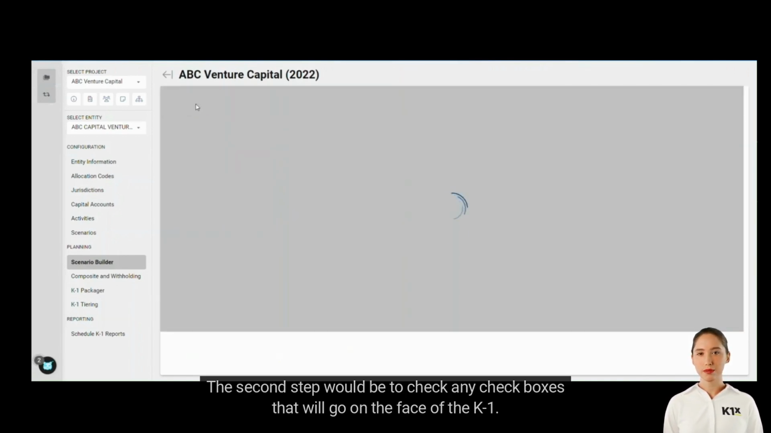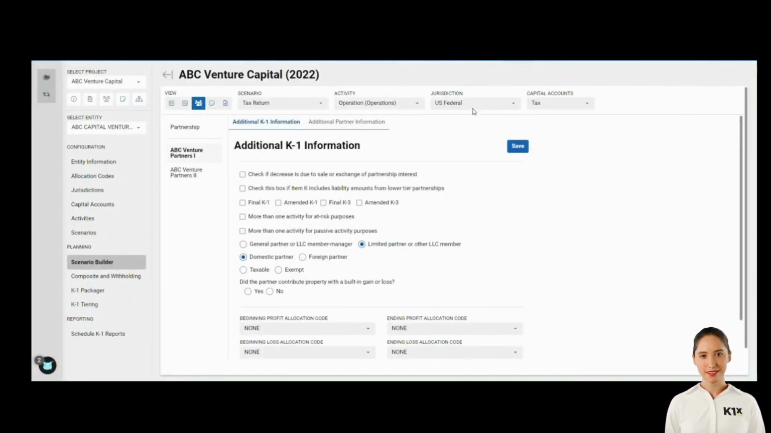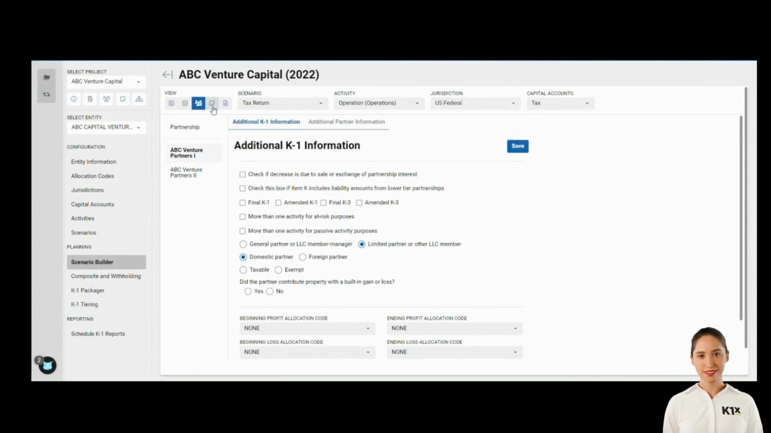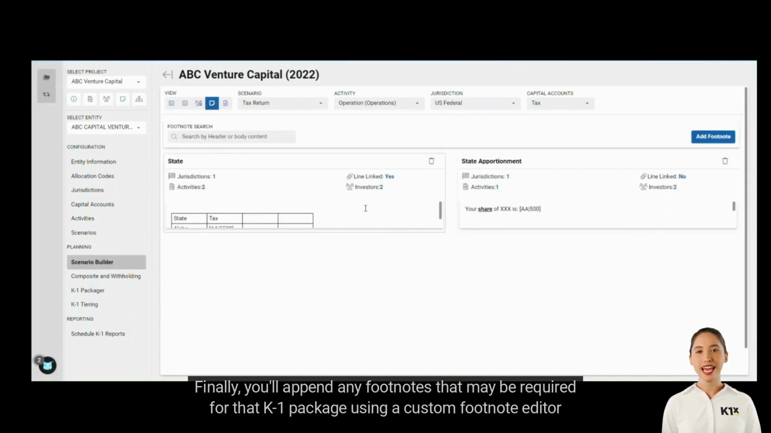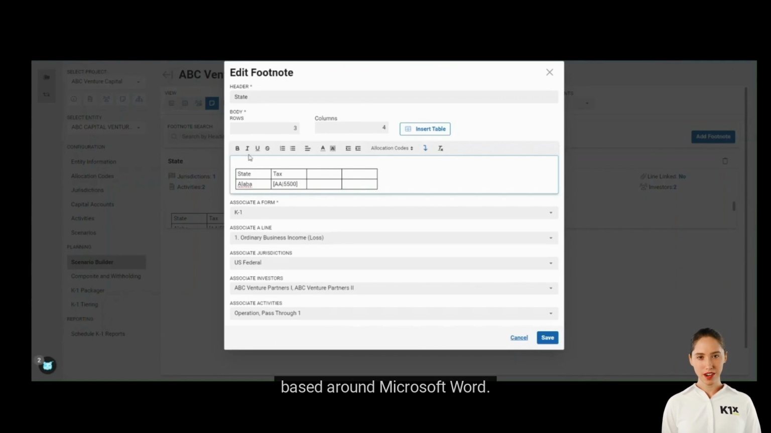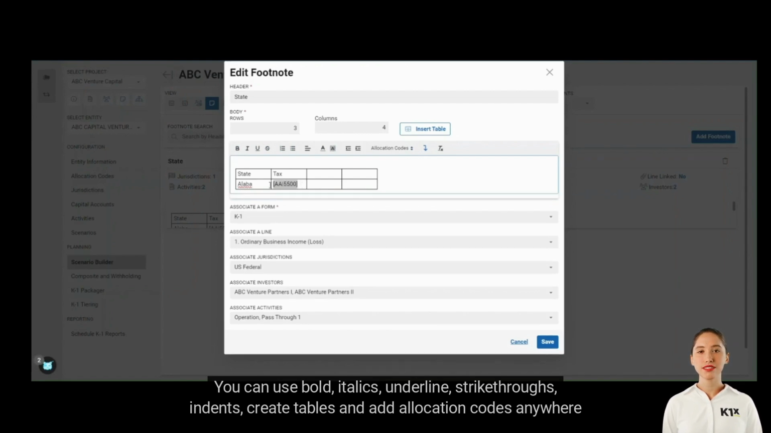The second step would be to check any checkboxes that will go on the face of the K1, whether that be foreign, domestic, or state-oriented. Finally, you'll append any footnotes that may be required for that K1 package using a custom footnote editor based around Microsoft Word. You can use bold, italics, underline, strike-throughs, indents, create tables, and add allocation codes anywhere that is necessary